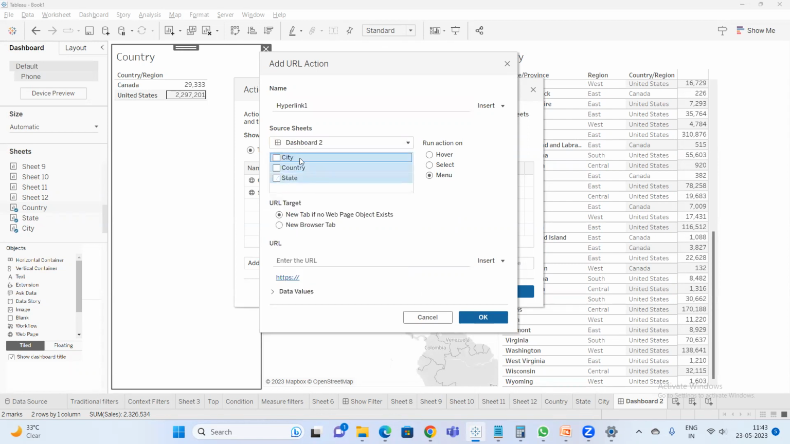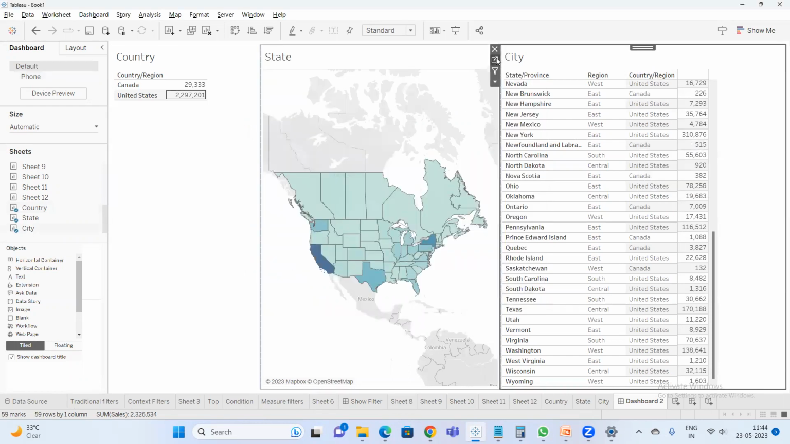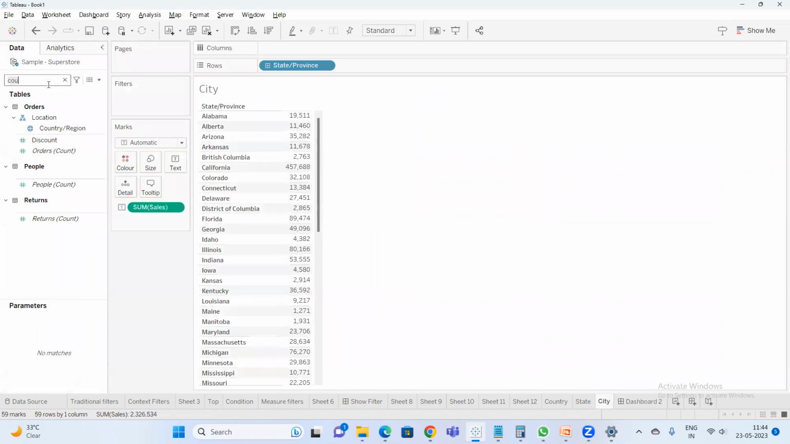So now I want to select city. So in Wikipedia, I want to search on that particular city wherever I have clicked. So that will be my source sheet. Say okay. So in this, the city column itself is not there. We need to put it. Until that city column is there, you can't keep the city name over there. So city is not there. I will put the city column